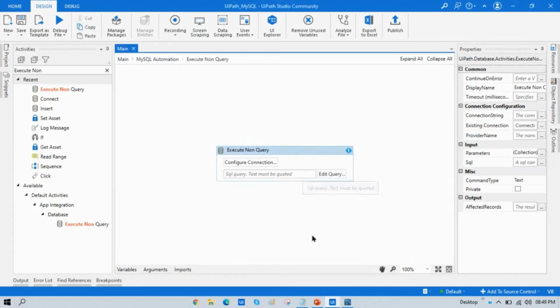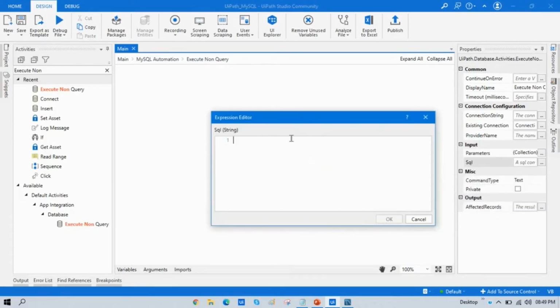I have to write an insert query, so double click on that. Here we have to put that SQL query. So either we can directly put it here, or we can click on this input section SQL, and then I need to write the insert query.